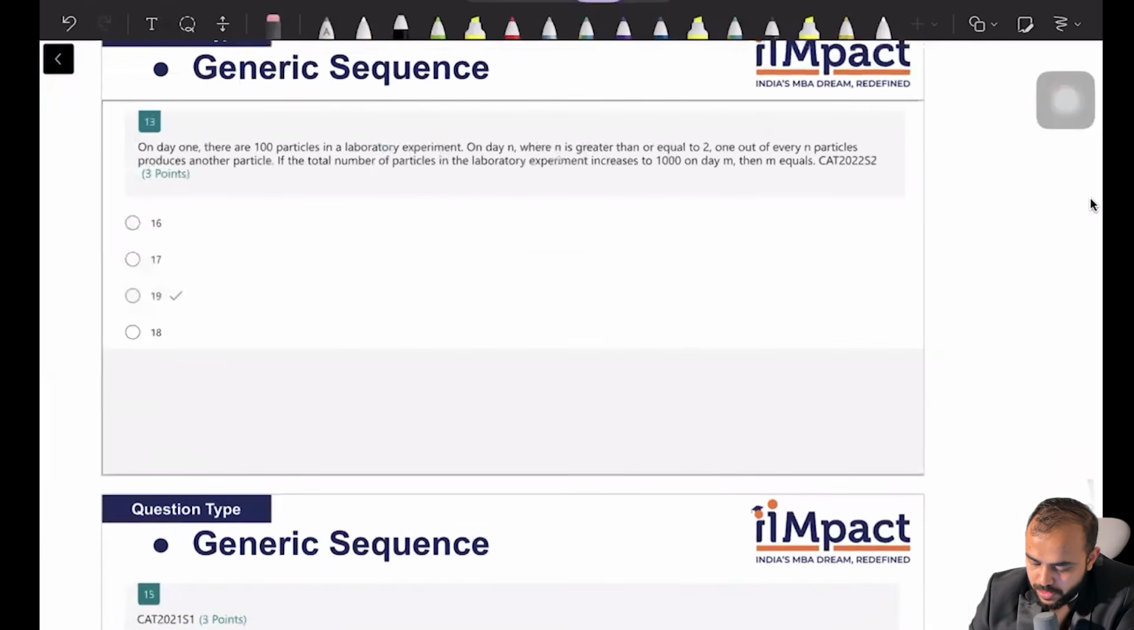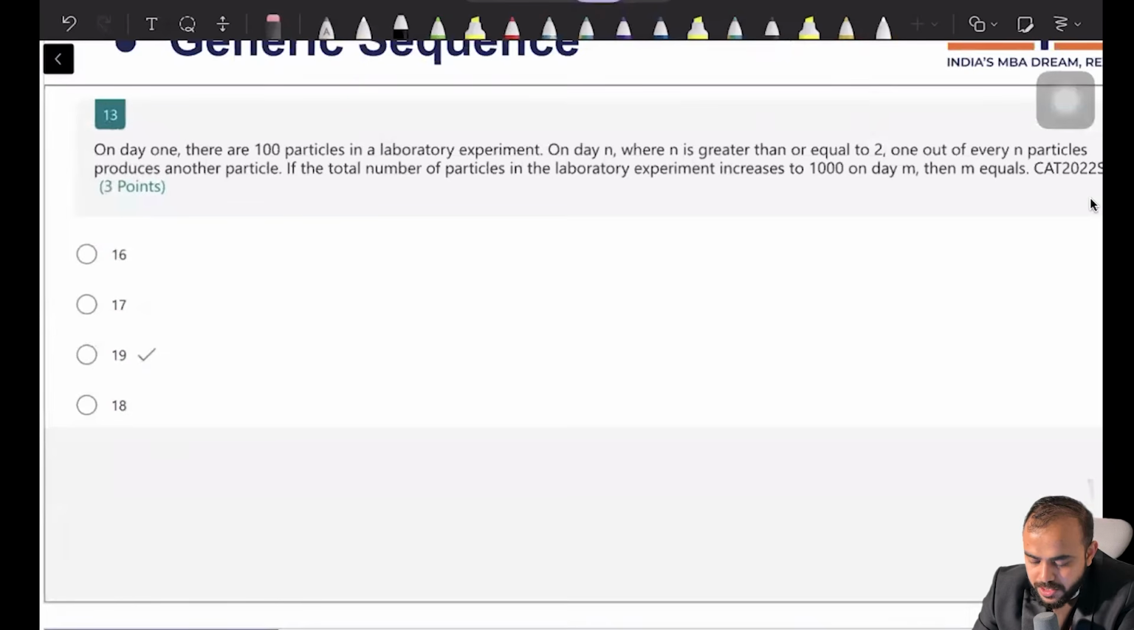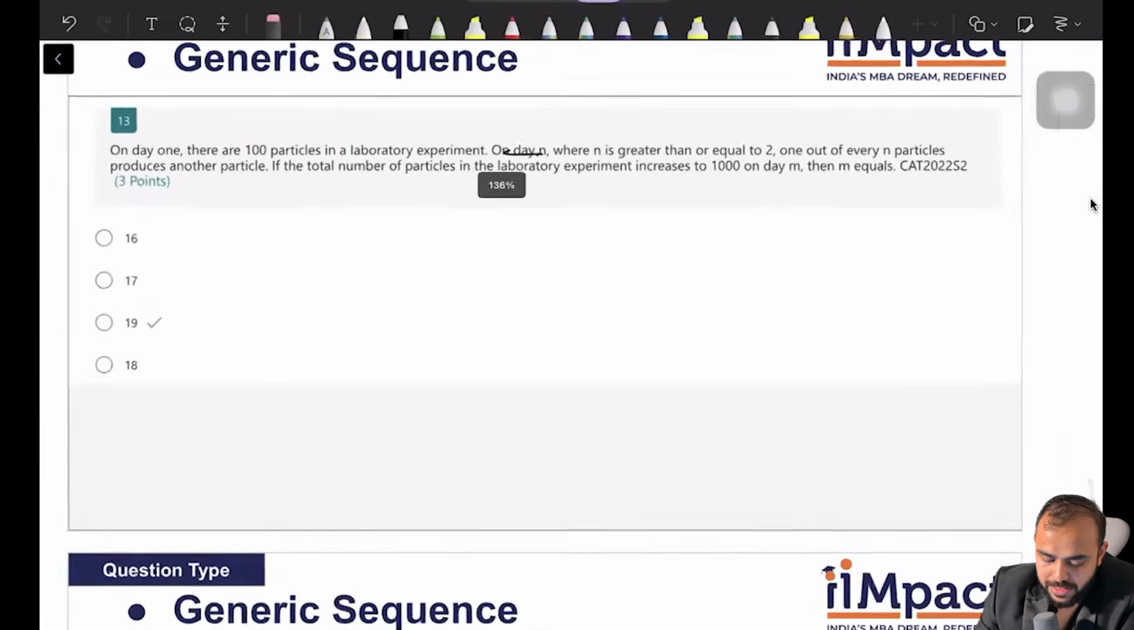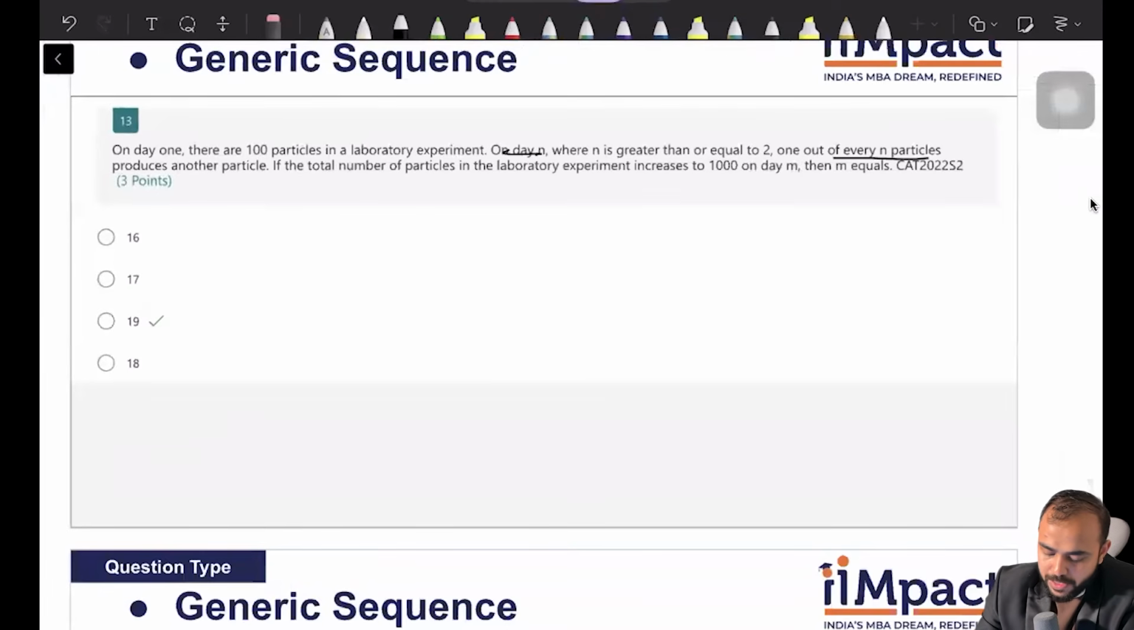All right, moving on. On day 1, there are 100 particles in a laboratory experiment. On day n, where n is greater than or equal to 2, one out of every n particles produces another particle. So again, Chetali, do you feel like we should write the terms,